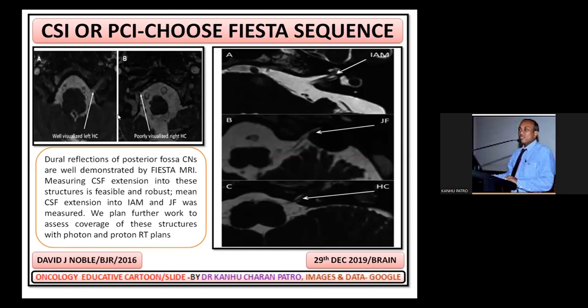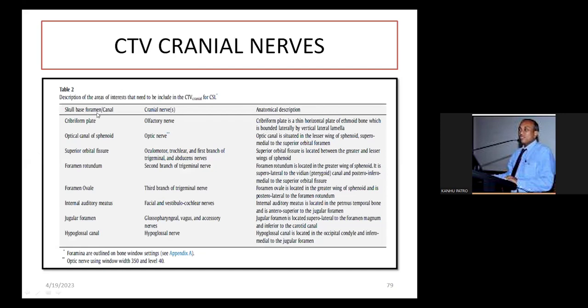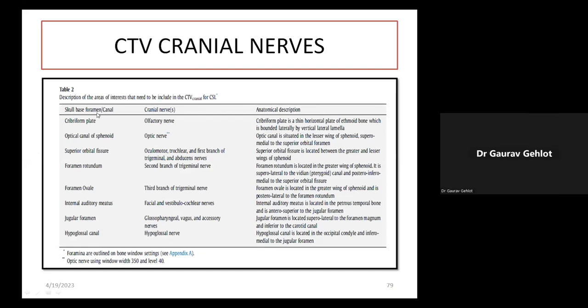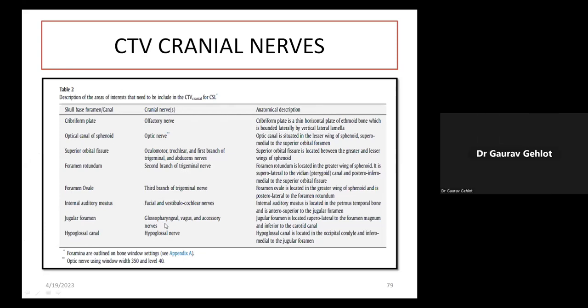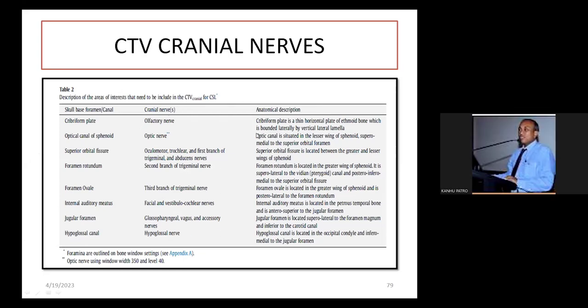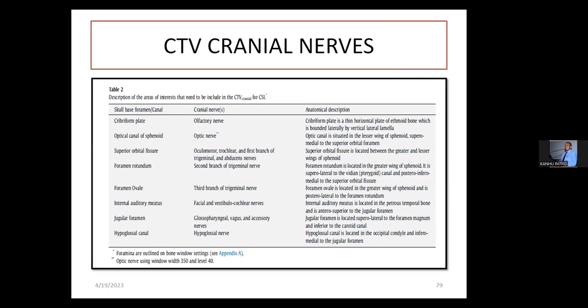And the second thing is mostly you have to contour all the foramina, and this foramina chart is given in the SIOP guideline: the cribriform plate, optic canal, superior orbital fissure, foramen rotundum, foramen ovale, internal auditory meatus, jugular foramen, hypoglossal canal. These are the cranial nerve exits, and these are the anatomical landmarks where you will find the foramina. So when you are going for understanding the foramina, you should go for the 1 mm slice, total skull base, and you can select a bone window. You can be able to see the